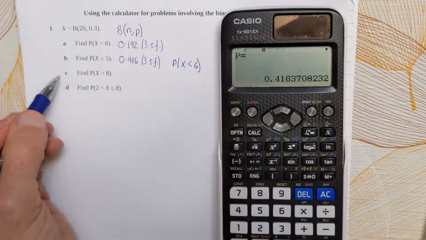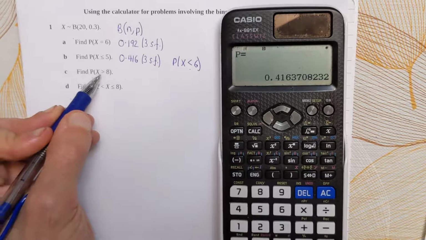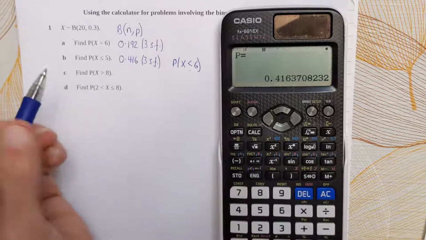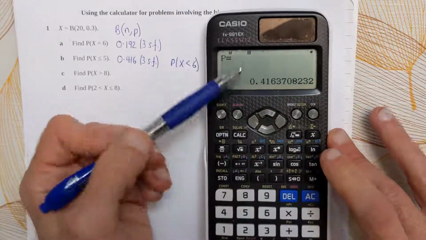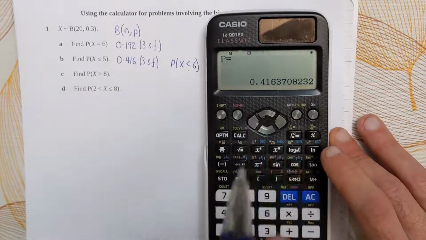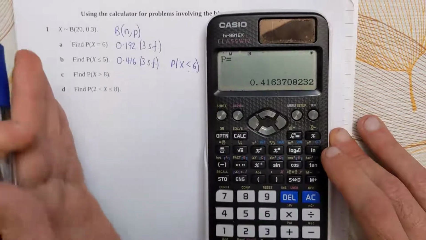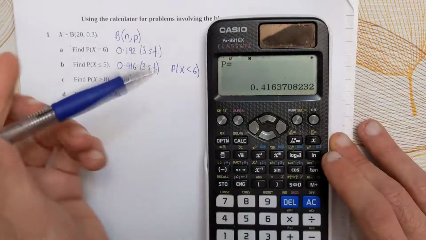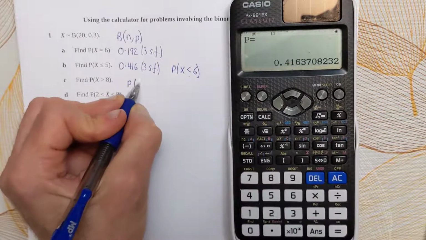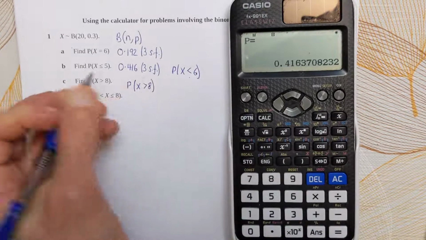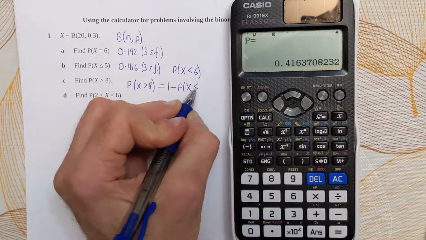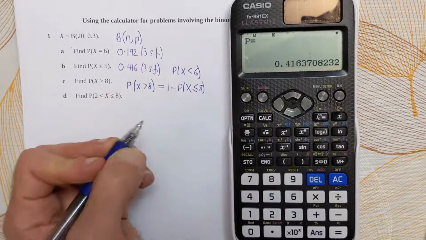Okay, and for part C, we want the probability that X is greater than 8. That is, from 9 upwards. Right, the CD function of the calculator can only calculate from 0 up to and including a maximum. It cannot go from a minimum upwards. So this has to be rewritten as the probability that X is greater than 8 is equal to 1 minus the probability that X is less than or equal to 8,